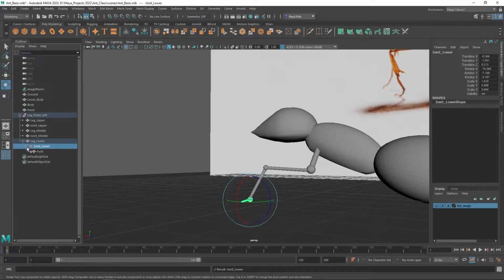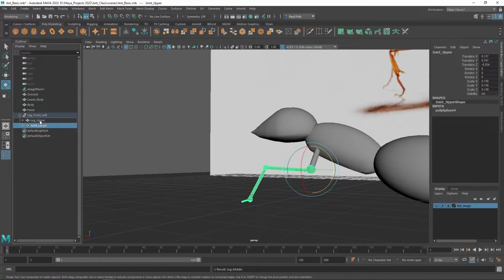So now this is a child of the lower joint, and joint lower is now a child of leg lower. I'm going to click on that, middle mouse button, drag it up to joint middle. And you can see that the same process is happening. So now I'm going to select the joint middle, click on it again, middle mouse button, drag it up, click on it again, middle mouse button, and drag it up. And what we have done is basically set it up so that our leg is completely